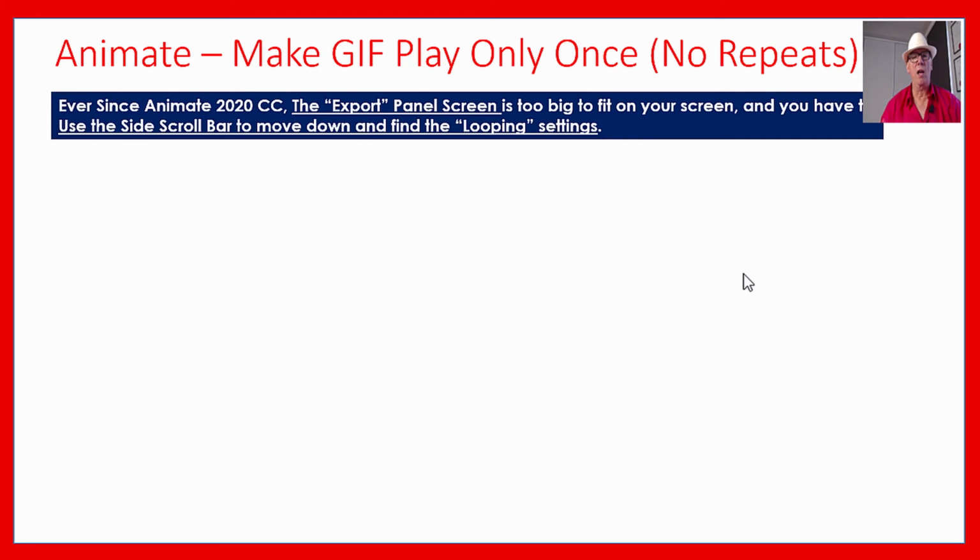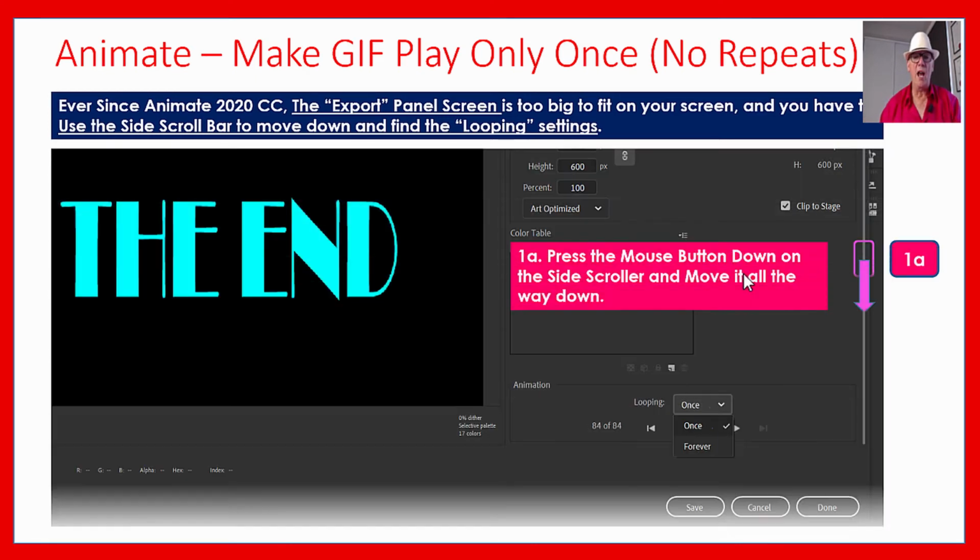Now we want to make it only play once, not repeat over and over, because this is going to be the end screen for the animation. So I just want it to grow big and say the end, and then that's it. It just stops. All right. How you do that is,